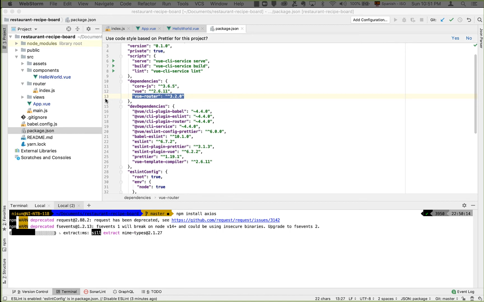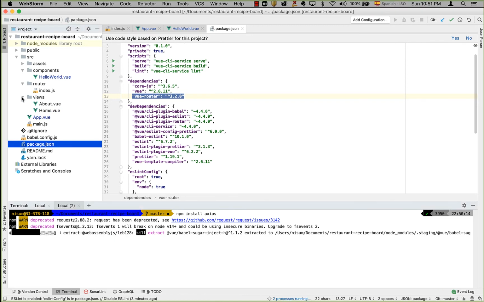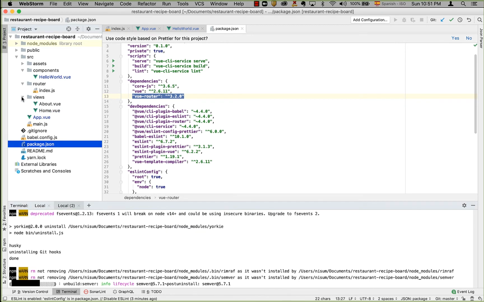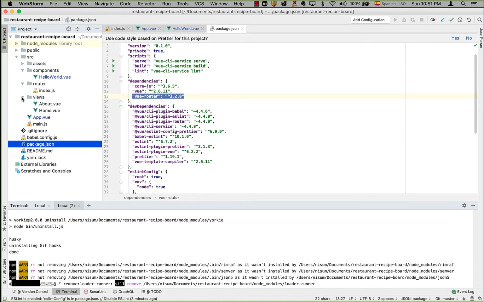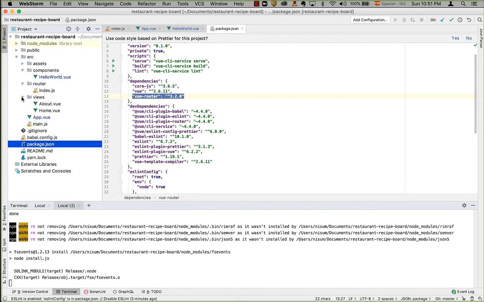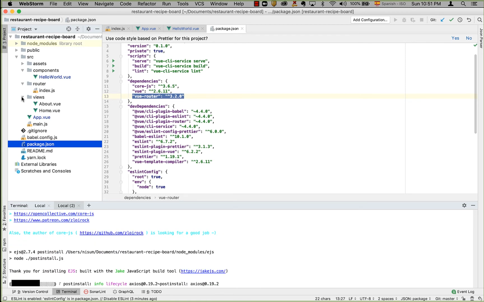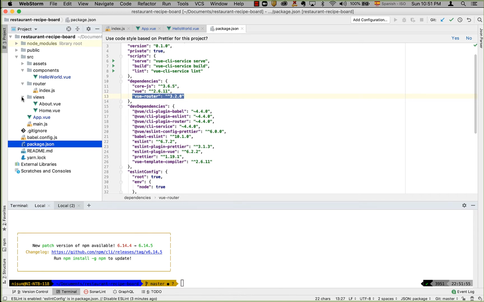While installing this dependency, we will navigate to, as we spoke earlier, the difference between a component and a view: a set of components will make a view. For example, a home page has a header component, a footer component, and a hero banner component, and a set of many components will form a view. Because components can be reusable, the views are not reusable. And here